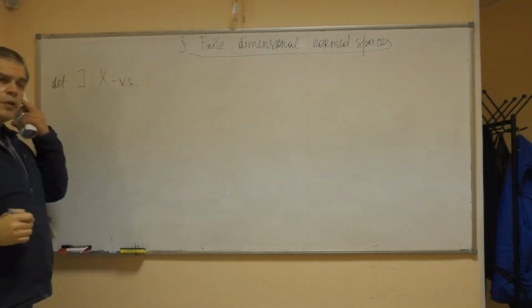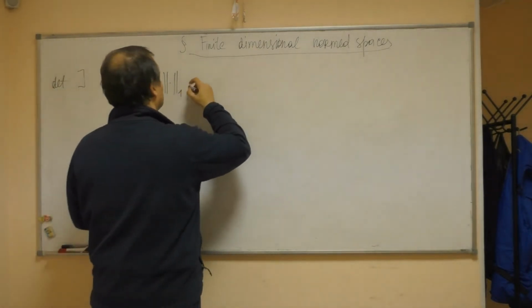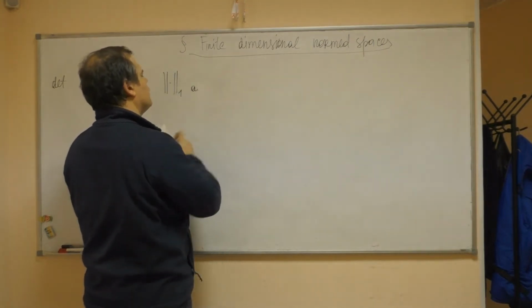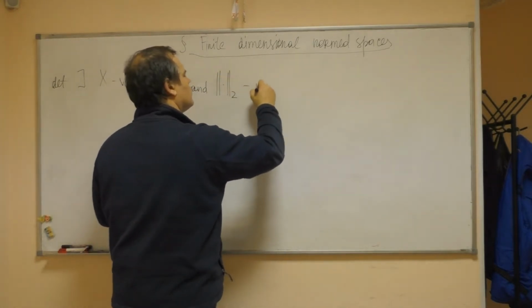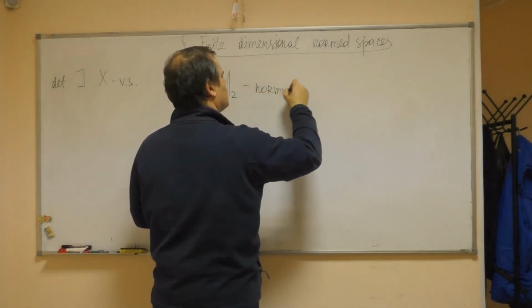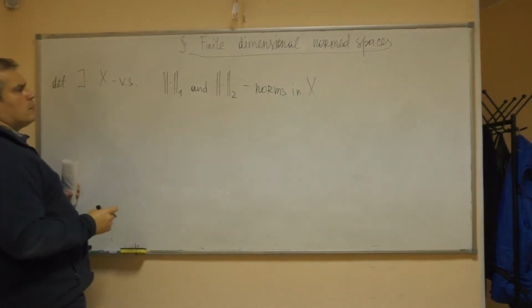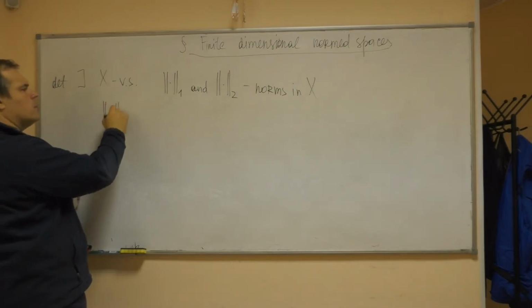Let us have a vector space and two norms defined on this vector space. We say that these norms are equivalent and write this wave if